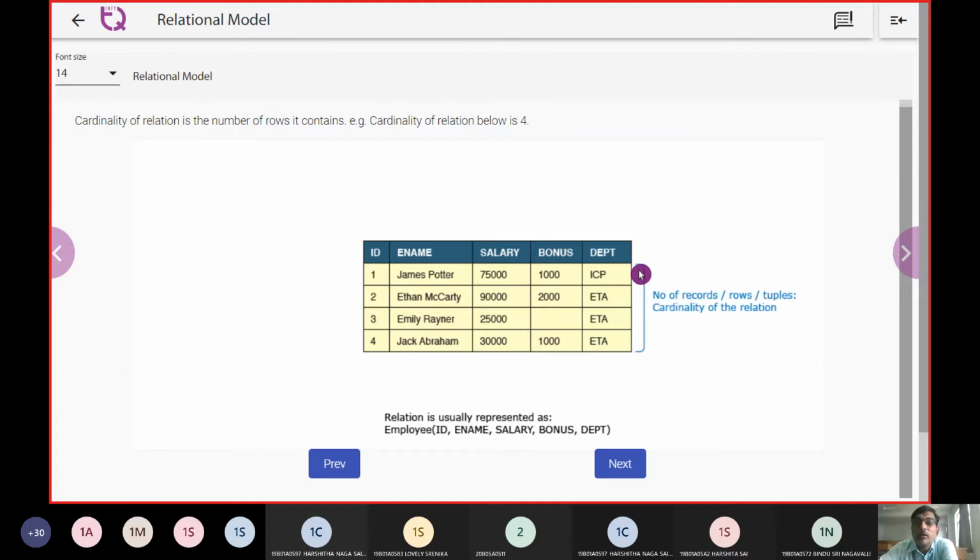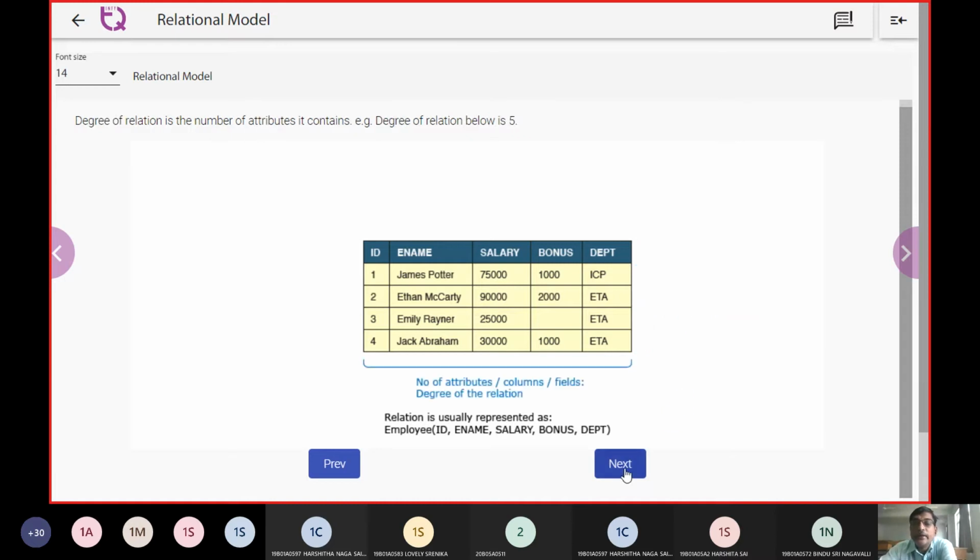The number of rows points out the cardinality of a relation. I have 4 rows, so these 4 tuples point out the cardinality of the data. ID, employee name, salary, and bonus are the attributes, and they point out the degree of a relation.